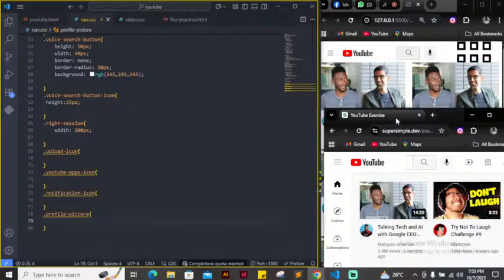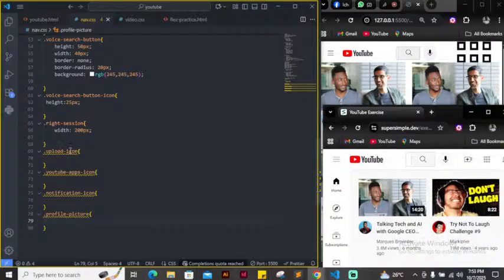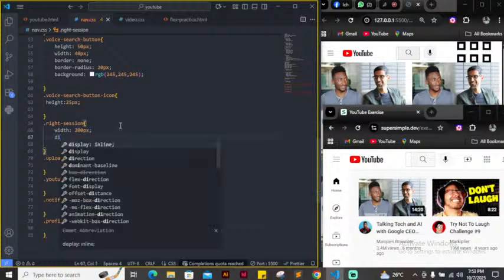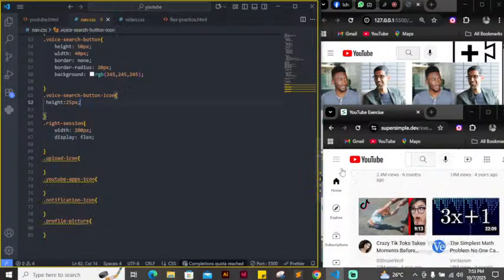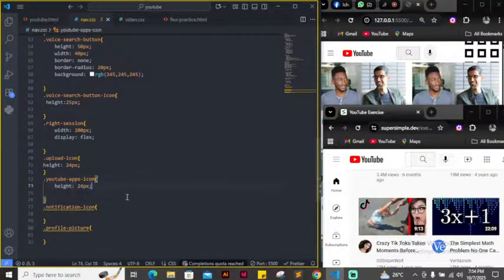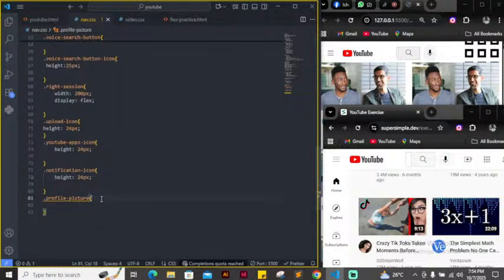Now for this thing to appear very well at first, you know that I need to come to the right section, then I will give it a display of flex. So it will be big. So the upload icon, give it a height. All of them, we are going to give a height of 24 pixels. But the profile picture, we are giving this one a height of 24 pixels. But this one, I'm going to give it a height of something like